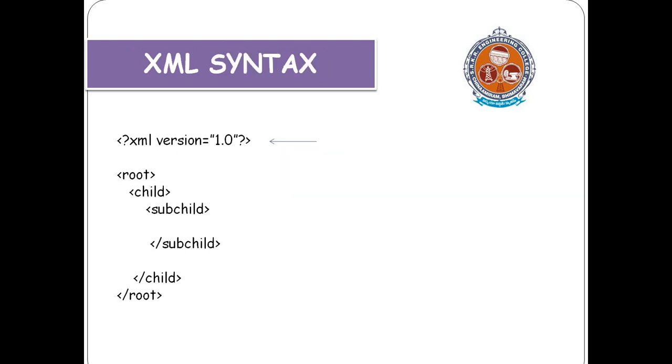So this is the syntax. The first statement should represent the version of XML. Here it starts with <?xml version="1.0"?>. That means it defines the present version of XML. Then the root element is defined. Whenever you create the root, it should be closed at the end. Then there is a child. In between the child we can define the data. A child is nothing but an element. Then this is a subchild. In subchilds you define attributes or any entities. So this is the syntax, that is, the structure of XML.